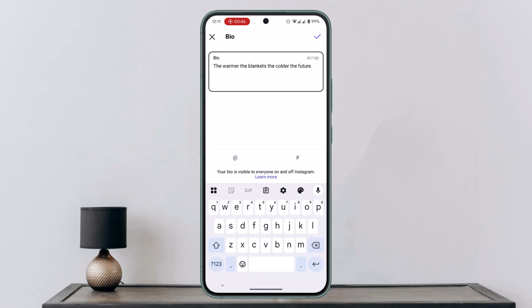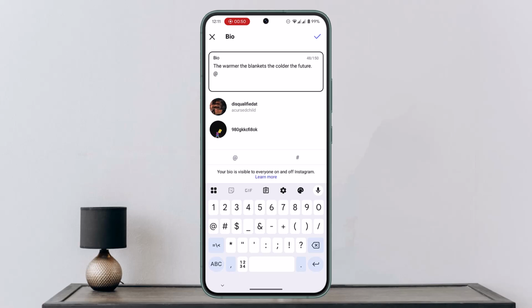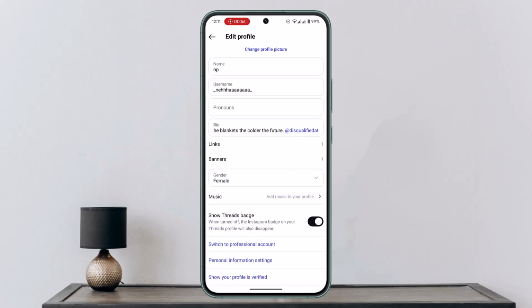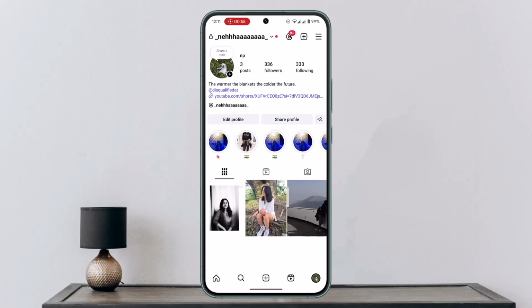other account. So what you have to do is you want to make sure to type in @ and you have to go ahead and mention the particular account. Now for example, this is my account, and click on the tick button in the top of the page. Now then, when you go to the profile, you have the mentioned, or you have actually added another account in